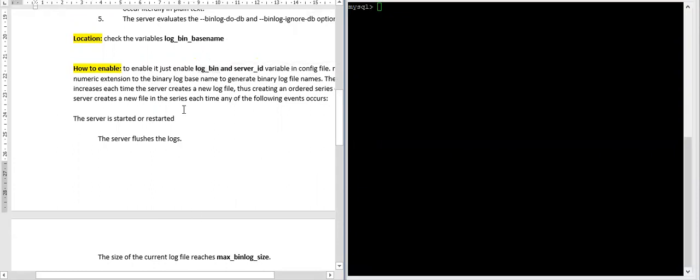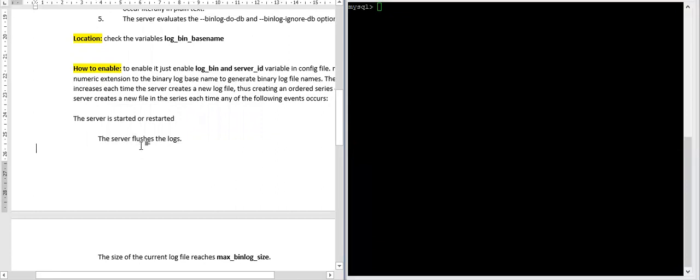So how does it maintain numeric extensions? When your binary log is enabled, it will generate a file whose extension will be a numeric value like 0001, and it is auto increment. So it will create a new file every time these activities happen.